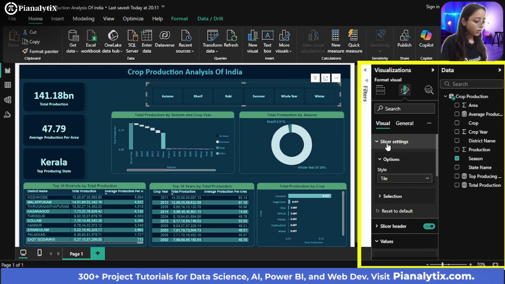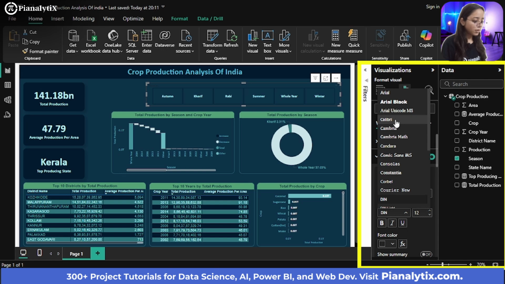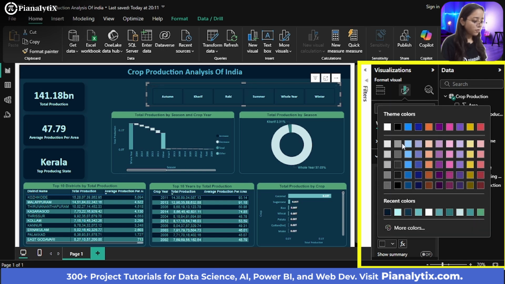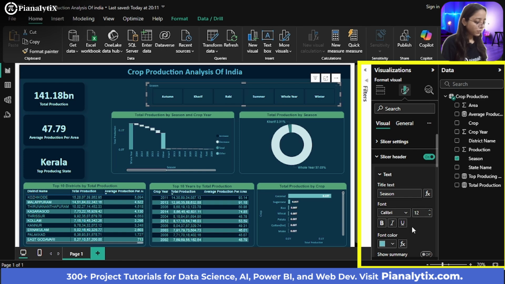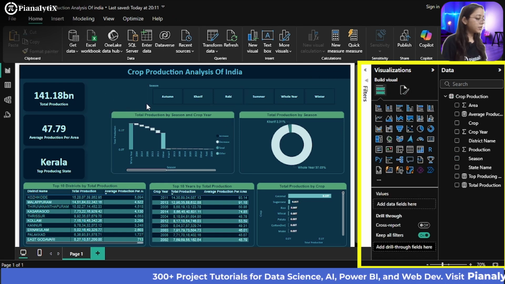Then you can make sure the slicer header is also visible. For Season, you can choose the Calibri format, the font color again can be this one, and you can increase the size and make it bold. Now this is how it looks.